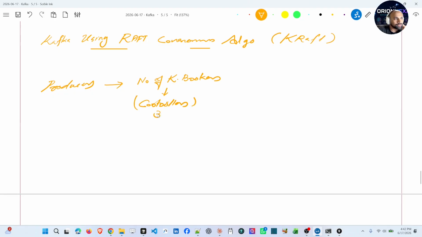It will be either three or five controllers. This is called the control plane. They are using the Raft protocol to do this control and coordination, and this is within the cluster itself.